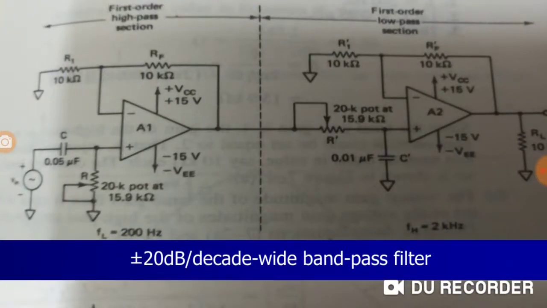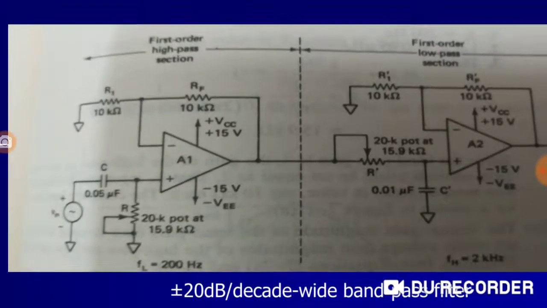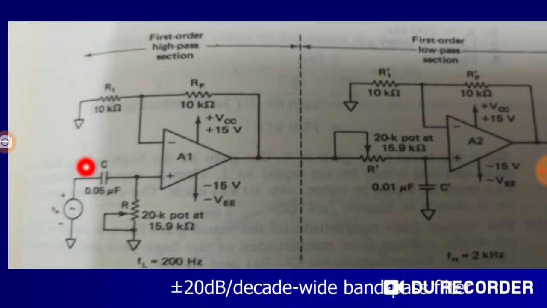As I said, for a plus minus 20 dB per decade wideband filter, if you see, this is the high pass filter section, then comes the low pass filter section. So input is fed to the high pass filter, C is at the input and R over here in the shunt arm. Obviously RF and R1 are kept same so that we have a passband gain of 2 because this is non-inverting. The entire design is same as that for high pass, and the only thing is that the main input is being applied over here, and then the output of this high pass filter is being fed to the input of the low pass filter section.